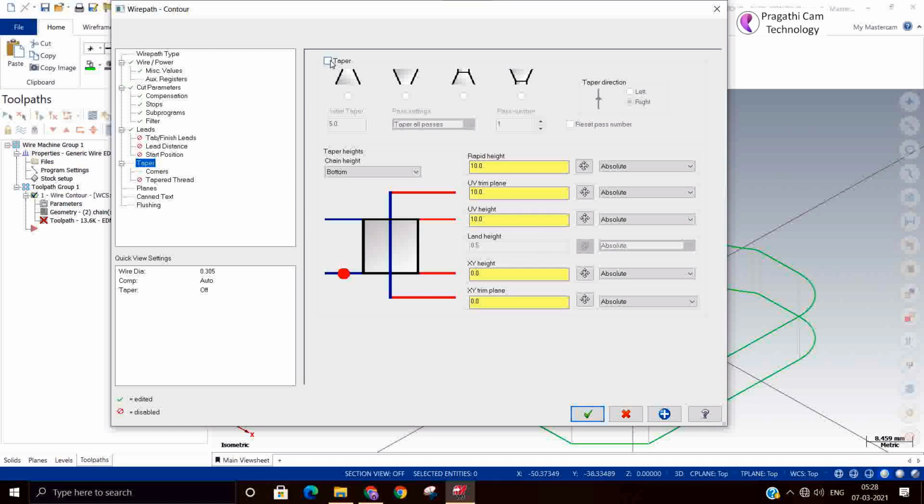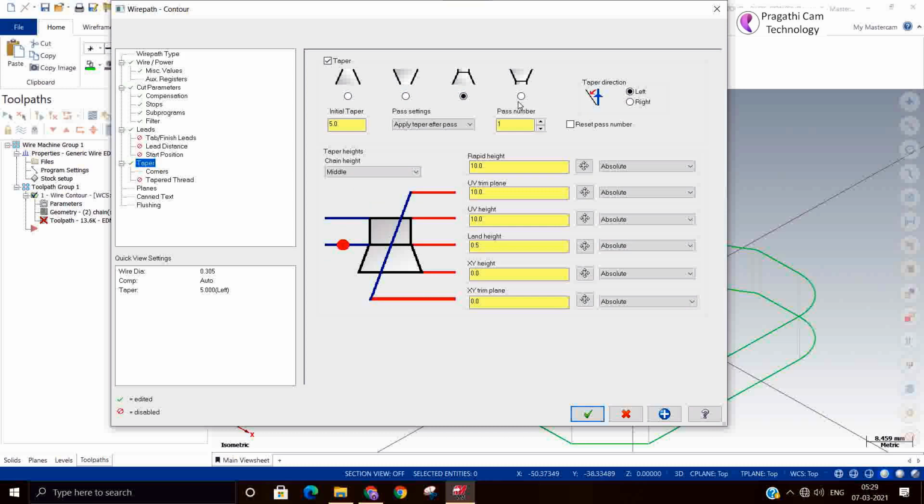So next is the actual cutting. Here you are going to give whether to switch on the taper cutting as a forward taper or reverse taper, and we will provide the taper angle here. Reverse taper, and next one is land and taper, and reverse land and taper.